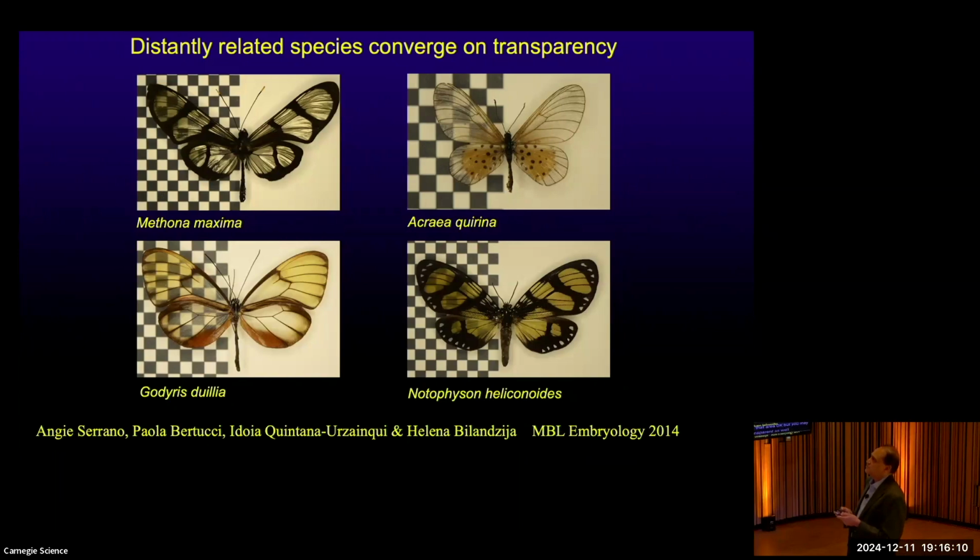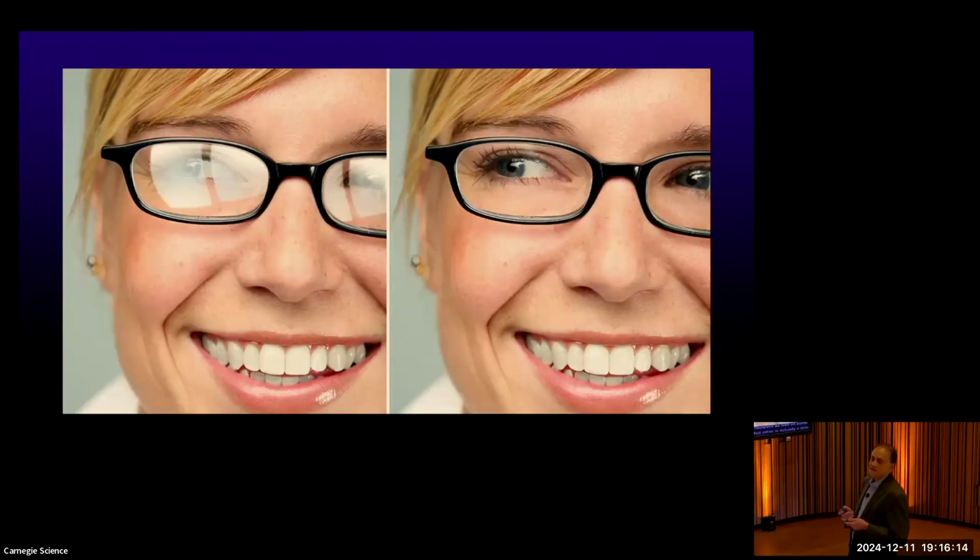Okay. But you may also notice that these aren't all equally transparent as well. So some of them are really nice and transparent, but others actually glare a little bit. So you might be familiar with this problem, though, if you wear glasses, right? So if you think about it, if you have a piece of glass, right, in the shade, yeah, it's nice and transparent. But if you take it out under the bright light glares off of it. So remember, it has a different refractive index. So some light is always going to reflect off of it.